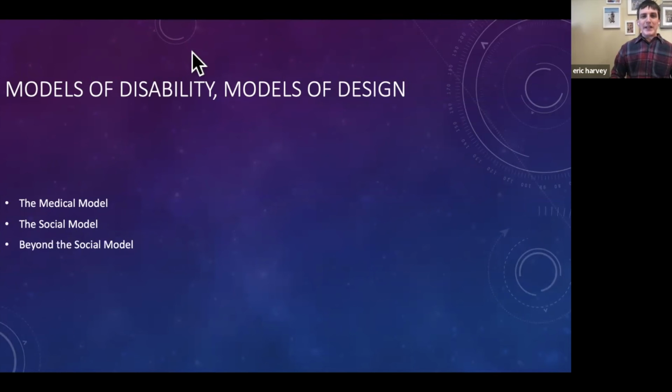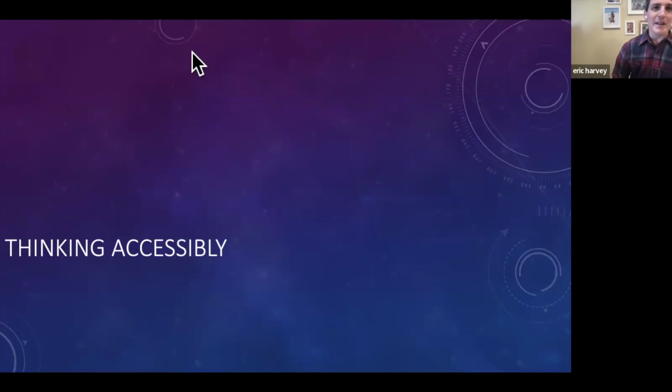So as we move beyond the two poles of the medical and social model, we understand disability as a negotiation between individual and society, in which disabled people need to have an integral part in the design process. So one of the first key points in thinking accessibly is to include disabled people in the design and conceptualization process. But it goes much further than this.